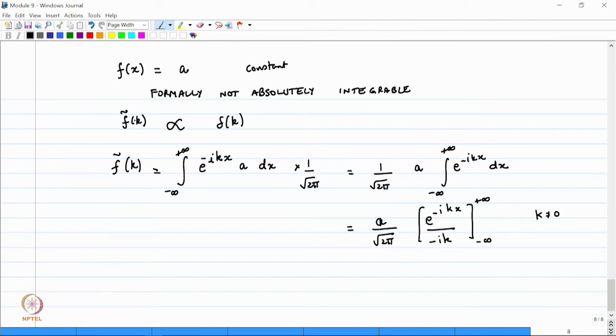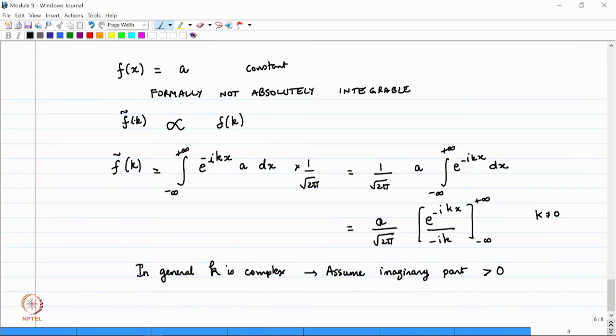In general, k is complex. So, if we assume that the imaginary part of k is greater than 0,